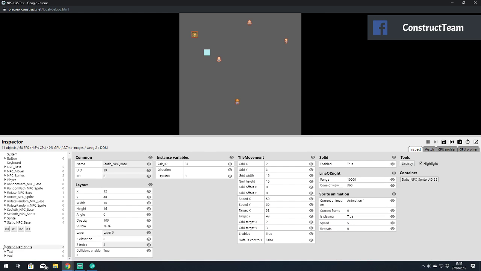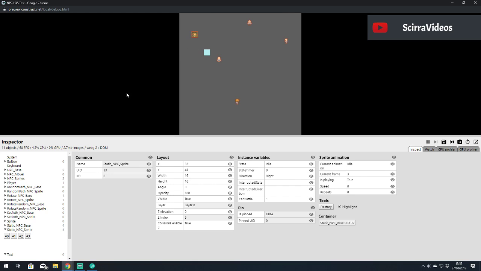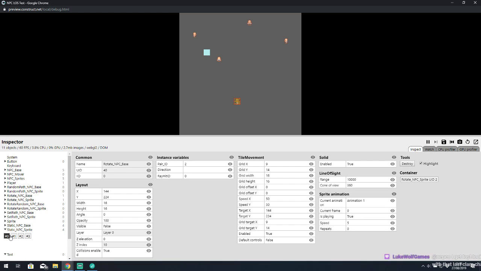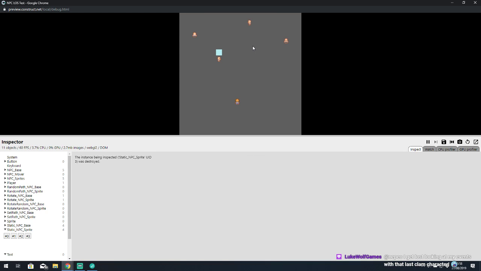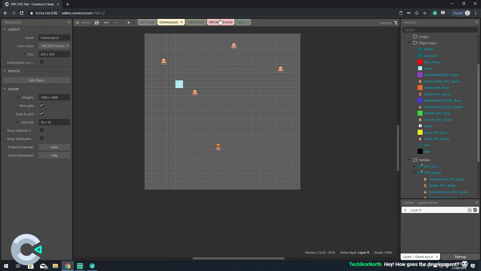Right, instance variables. I don't want the base, I need the sprite. Right, you're 0. Okay, let me look. So, state is idle, direction is right. I walked in front of the wrong one. Why does 1 go over there? Oh, that's really odd. All of my NPCs shuffle around. Oh, this is very strange. Right, so...